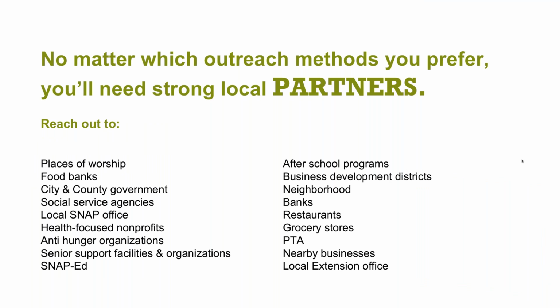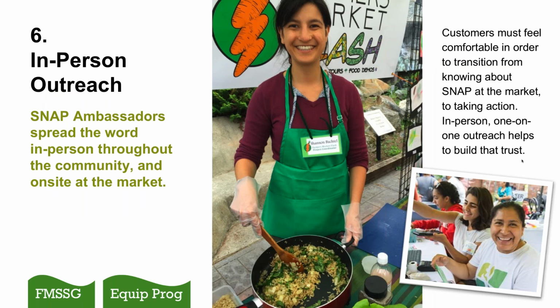Back to you, Jen. Great, thanks, Alex. I also wanted to mention an in-person outreach opportunity that I heard about in Boulder at the Boulder Farmers Market. They were finding that it was really helpful if their market staff and volunteers could serve as volunteers for other communities. For example, there was a local school garden program that had regular volunteers, so they sent basically a SNAP ambassador to the school garden program to be a volunteer, to help with the garden for the day. But while they were there, they spoke about the market, and they made sure everyone knew that the market was available and that SNAP was accessible and how to do it,